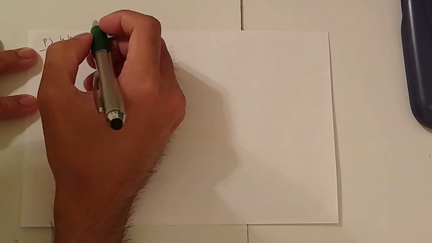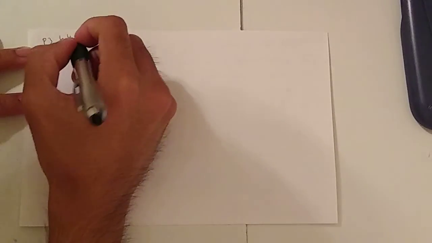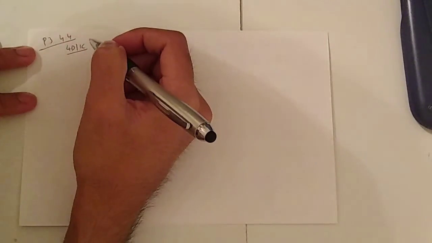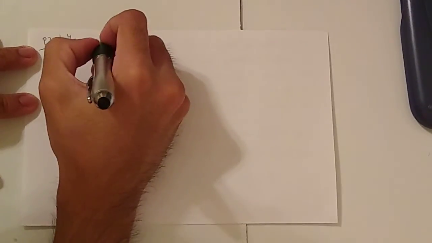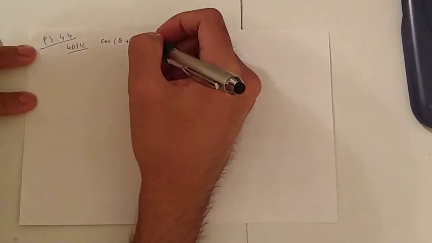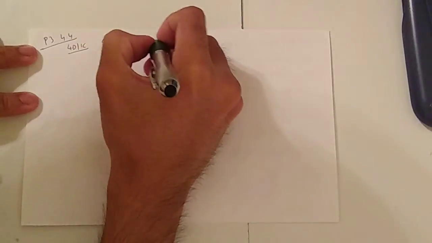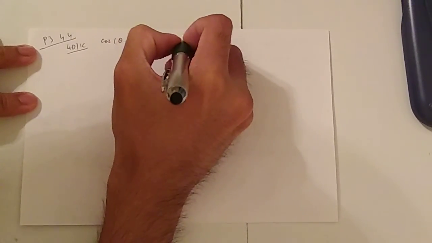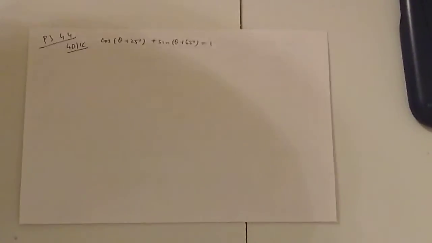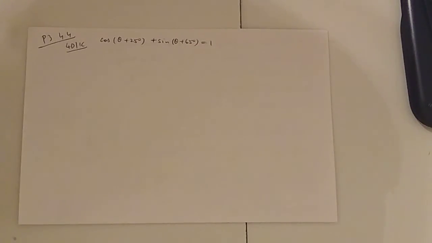So in the first example, we're going to do question number 1c from exercise 40, on page 84. The question is: cos of theta plus 25 degrees plus sine of theta plus 65 degrees is equal to 1, and our interval is